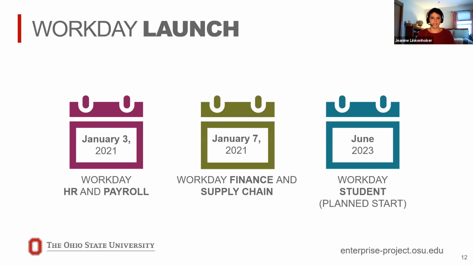Talk a little bit about launch timeline. If you have people that support you in the HR and the fiscal space right now, and they're running around looking kind of frazzled, this is why. January 3 is when HR goes live, and then January 7 is when the supply chain and the finance side of the house goes live. Coming down the road a little ways, in June of 2023, the student planned rollout will start as well. Okay, so I'm looking frazzled now. I'm going to look really frazzled in June of 2023 when the student stuff comes out. Okay, so just be mindful of that. The big impact points for us right now are in January. Okay,